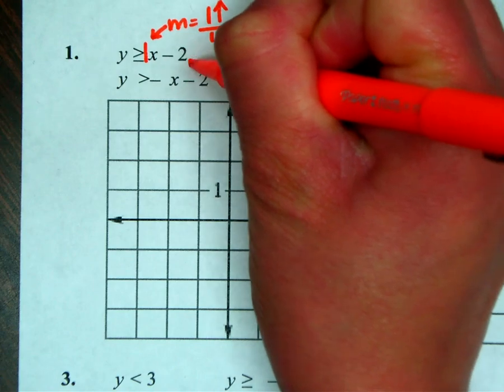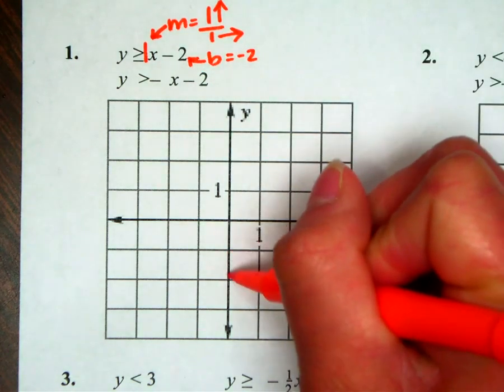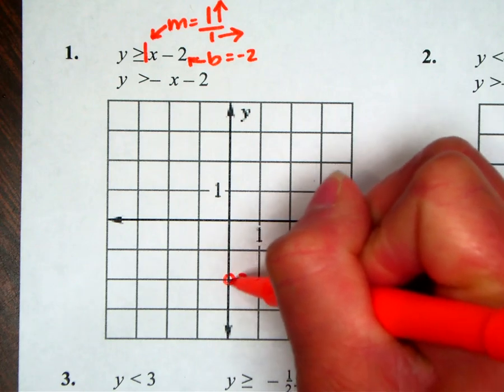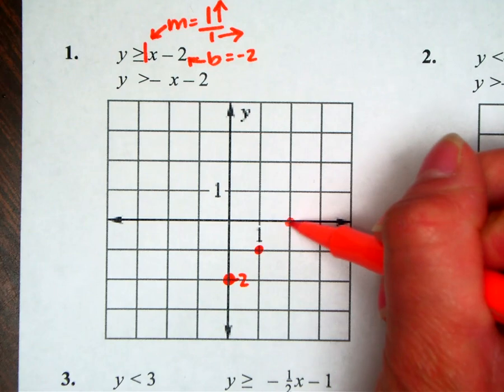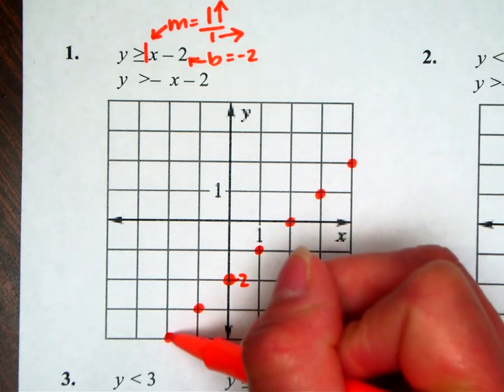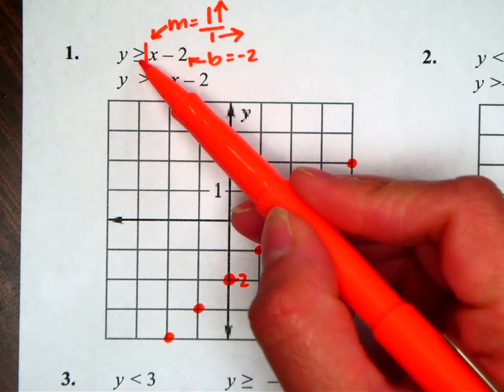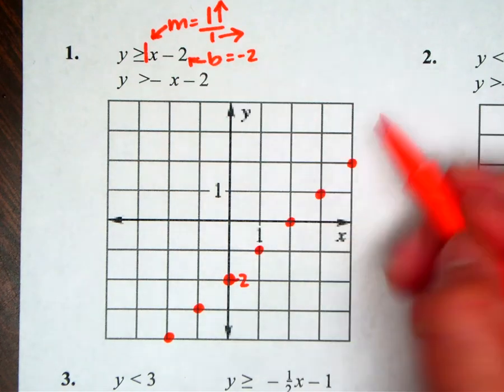Minus 2 is b, the y-intercept. So we're going to start at -2 and plot our point. Then we're going to move up 1, right 1, up 1, right 1, up 1, right 1. And then to graph this inequality, we want to ask ourselves, is this a solid or dashed line? It's a solid line. So we're going to connect our points,